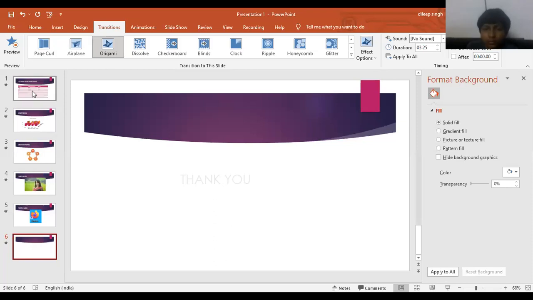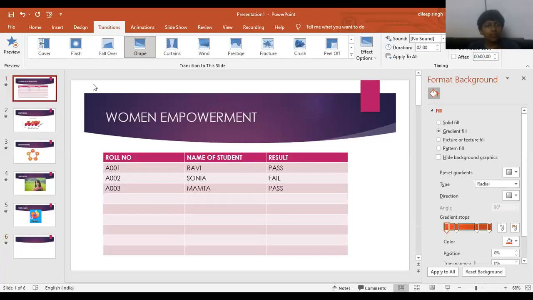If we want to change all the slides automatically, the option is After. When we click on this, here we set the time as well. If we want to give 5 seconds for this slide, we can click on this and set the time. When we set 2 seconds, it means it will stay on the screen for 2 seconds.